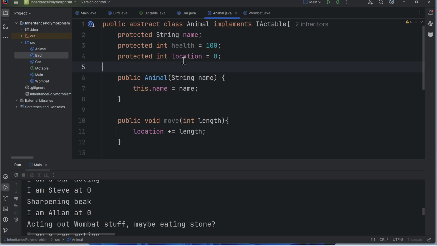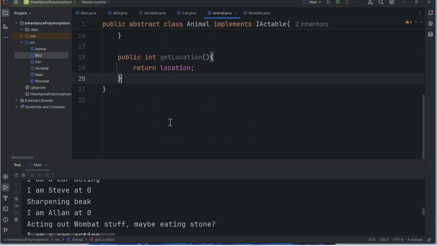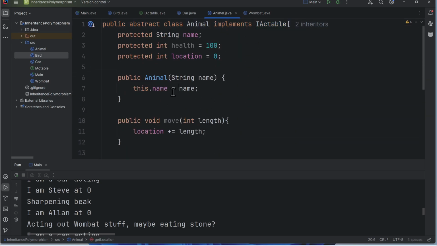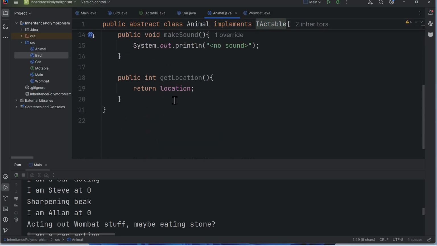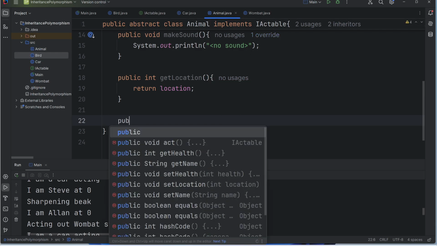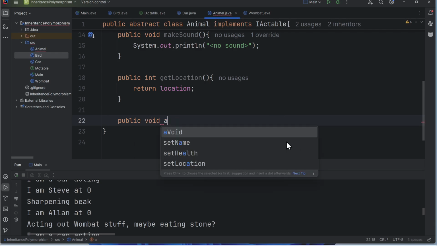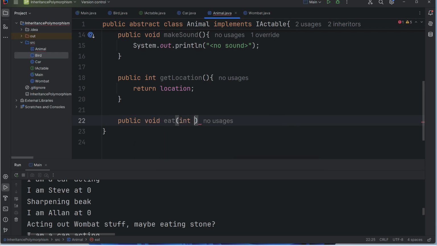And we have our animal, which is an abstract class that implements an interface, but it doesn't say how to use the interface. So what we can do in abstract classes is define abstract methods. And one of the abstract methods is coming from actable. We can also say all animals need to have a way to eat, for example, which is not in the iActable interface. So we can say public void eat, and then